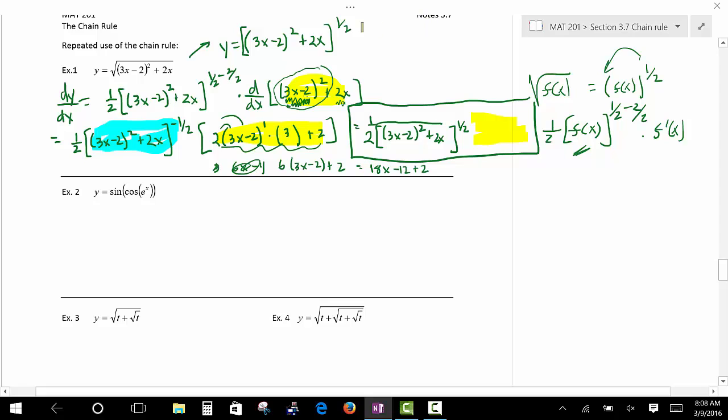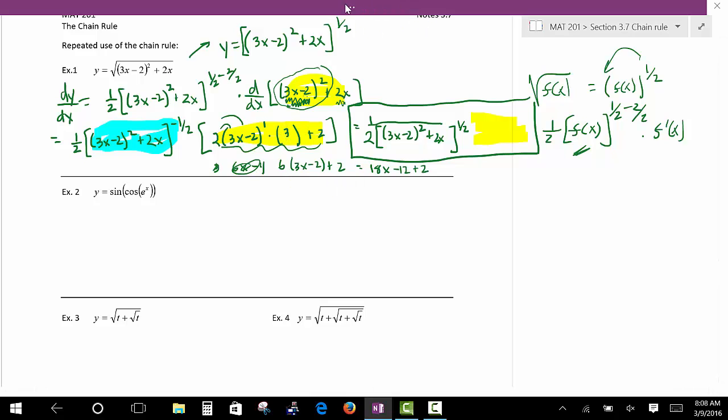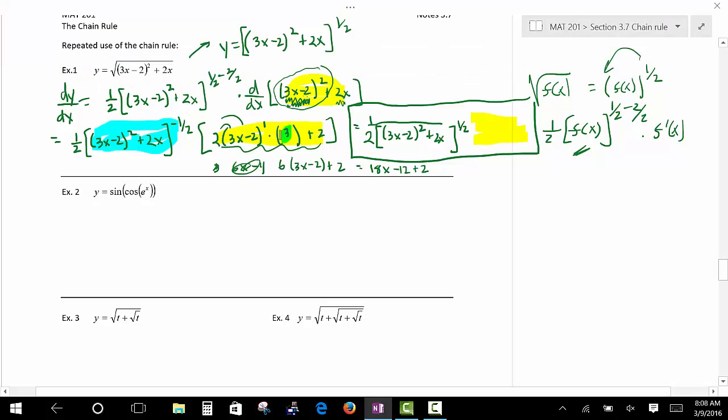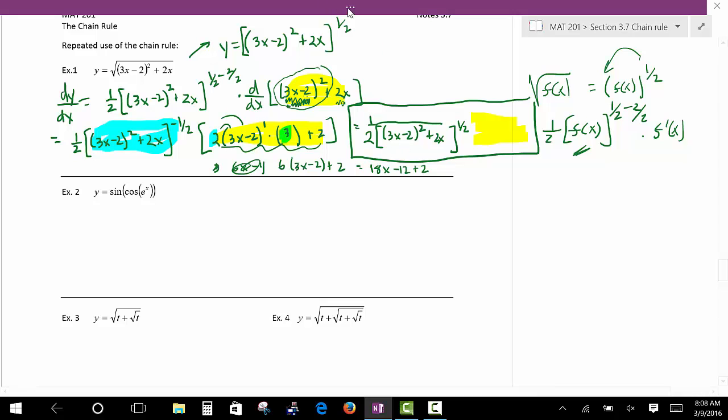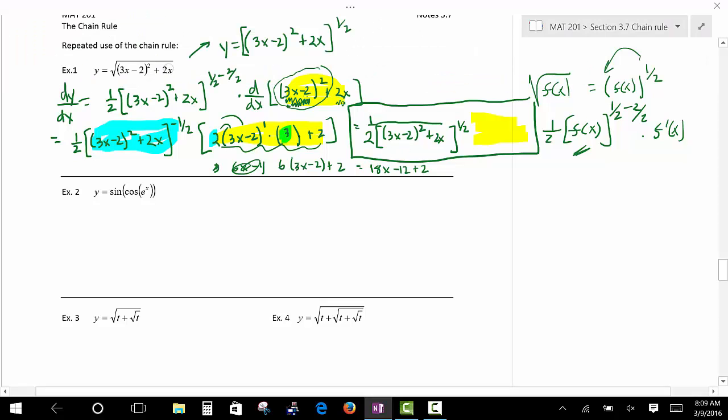How did you get the 6 outside the parentheses? Okay, look at this. 3 times 2. Look at the 3 times 2. Oh, gotcha. Okay, you get into some pretty messy expressions, so I didn't give myself enough room, so I'm kind of writing this in a sloppy way here. So anyway, this whole thing right here would be